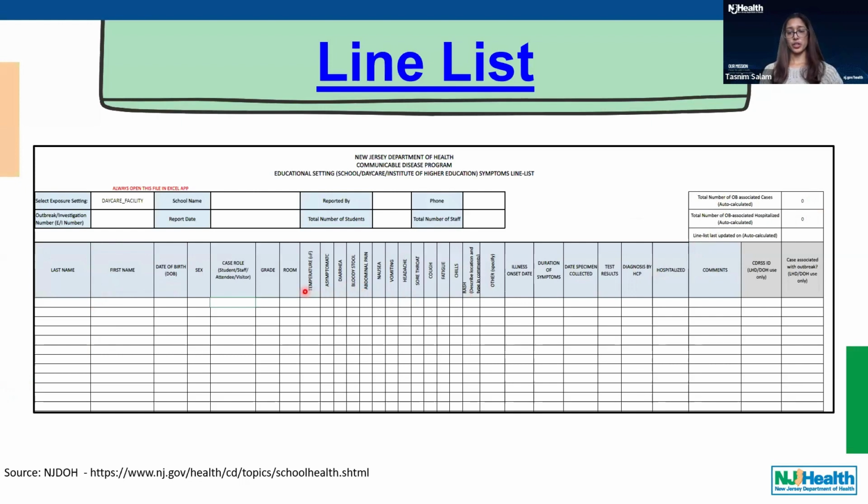Some other information that you can find on this line list include the date when someone presents with symptoms, the impacted classrooms or rooms within the childcare center or school, and whether anyone got tested.